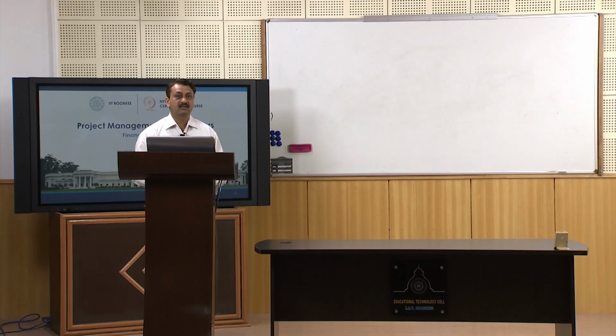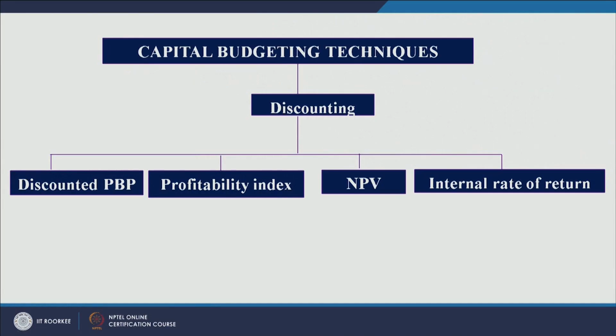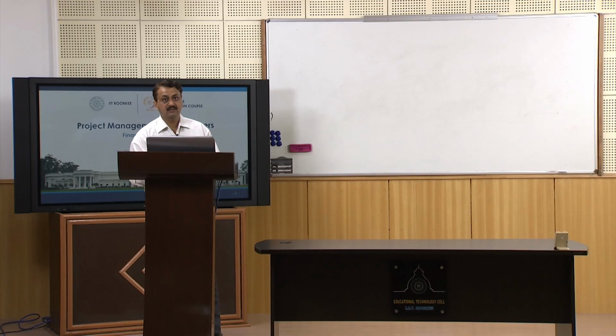Let us look at some discounting techniques now. So far we have seen non-discounting techniques, namely payback period and ARR. Let us look at discounting techniques. The first one is the discounted payback period method. Then you have the profitability index, NPV, and internal rate of return. We will see the discounted payback period method, but before this let us look at once again